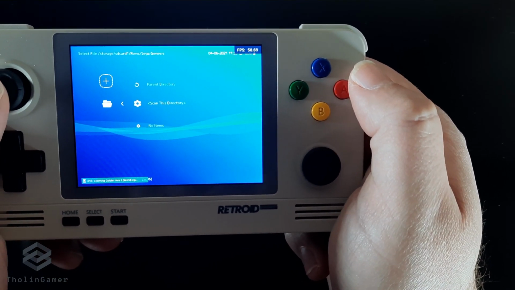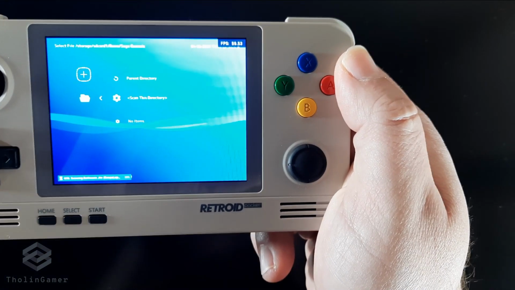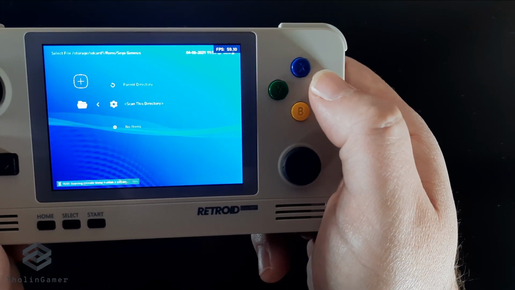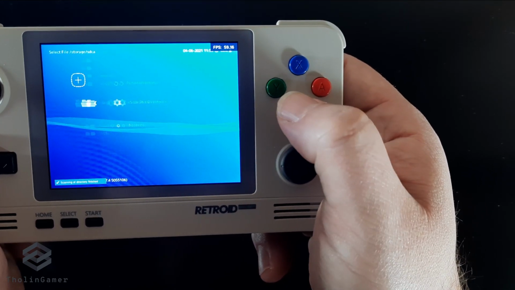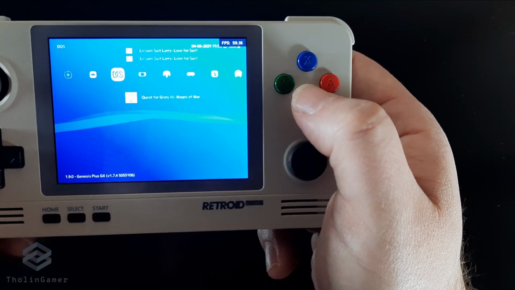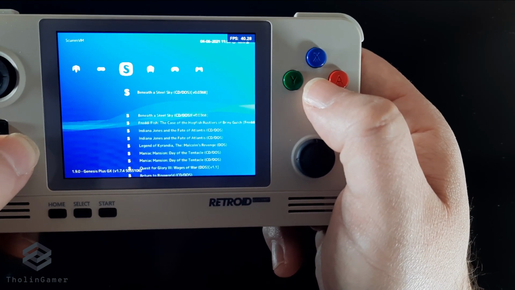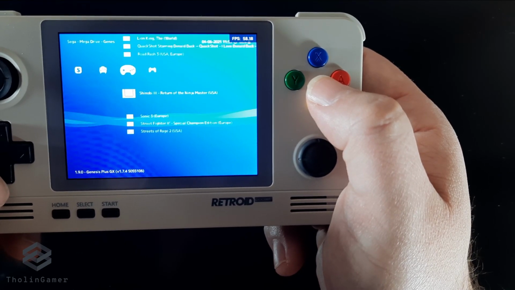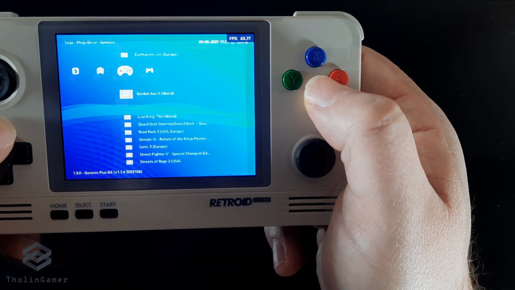The required time, of course, depends on the number of ROMs and how big the files are, but usually it takes around half a minute to 1 minute for 10 to 15 ROMs, again depending on the size of those compressed files. Now, when this is done, we can find the available ROMs or games under this section where it shows the iconic gamepad of the Sega Mega Drive or Sega Genesis.